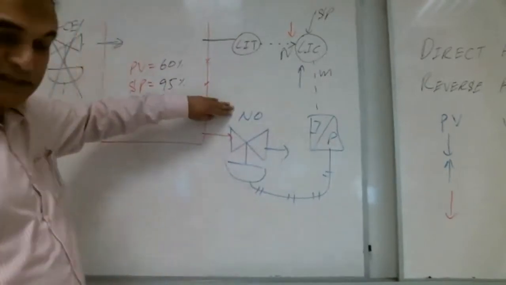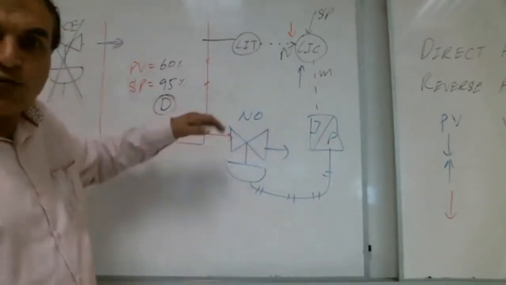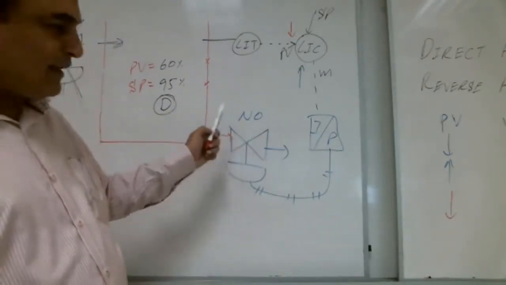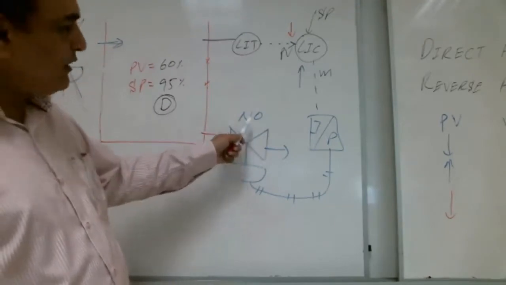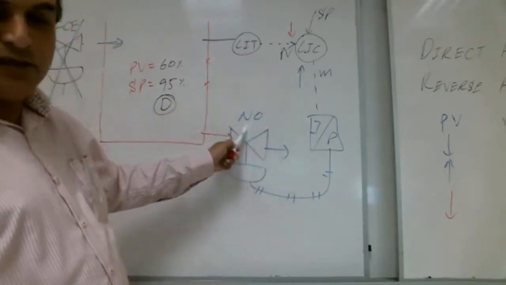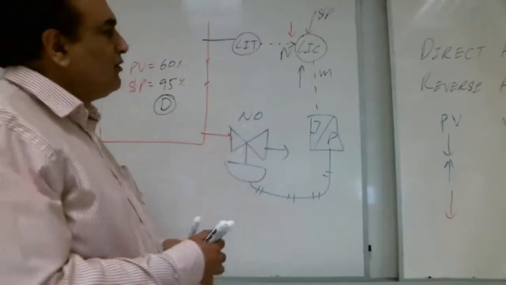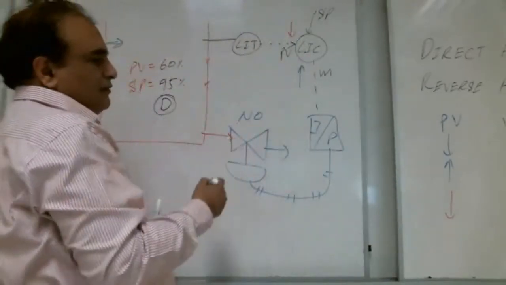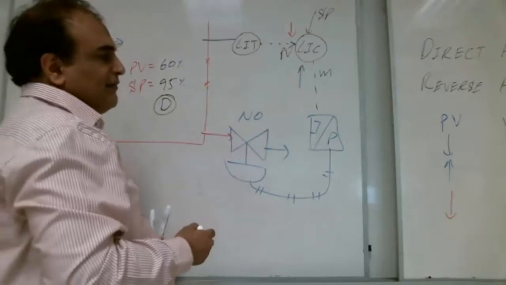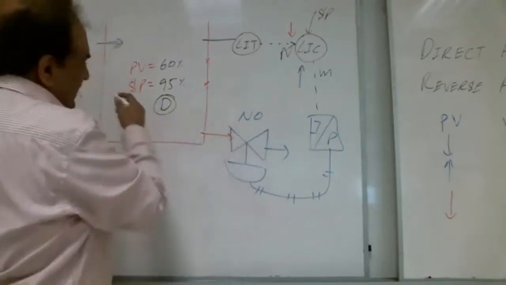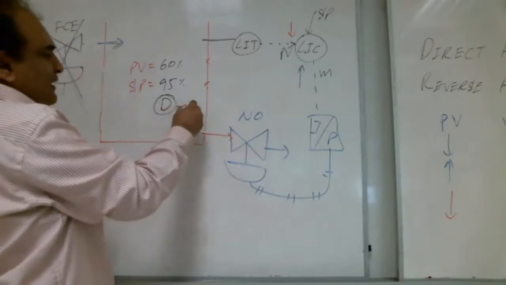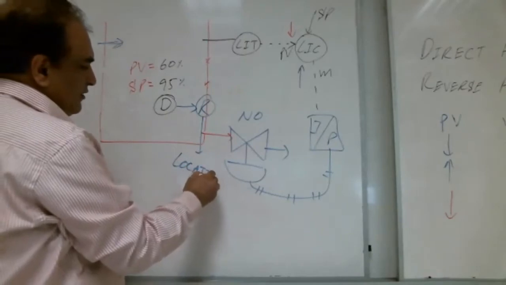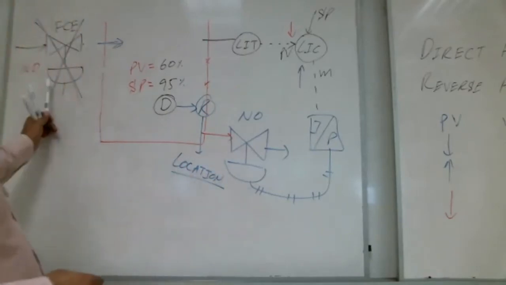Because this valve is what, Shabab? Normally open. If we remove the signal, it will get more open. What we want is to close more. So we need to increase the signal so it closes more. So both arrowheads are opposite now. If the arrowheads are opposite, what does it mean? Reverse. Very good. So if we change the location of the valve, direct action becomes reverse because of the location. What was the location before, Shabab?